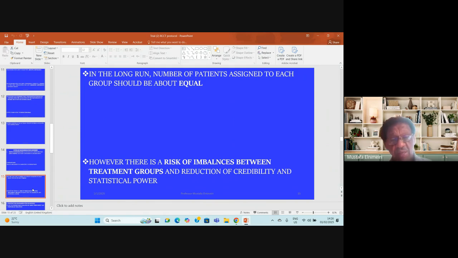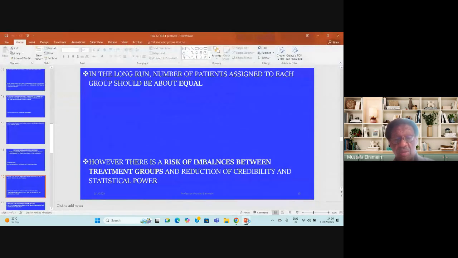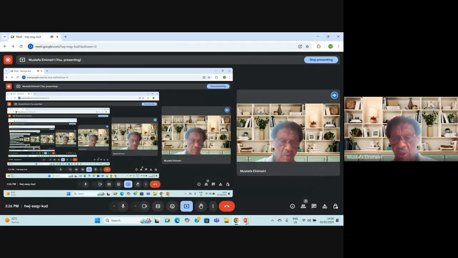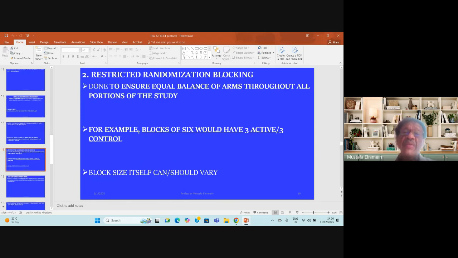However, there is a risk of imbalances between the treatment group and the control group, and there will be some sort of reduction of credibility and statistical power if we carry out the simple randomization using this technique. The other thing is restricted